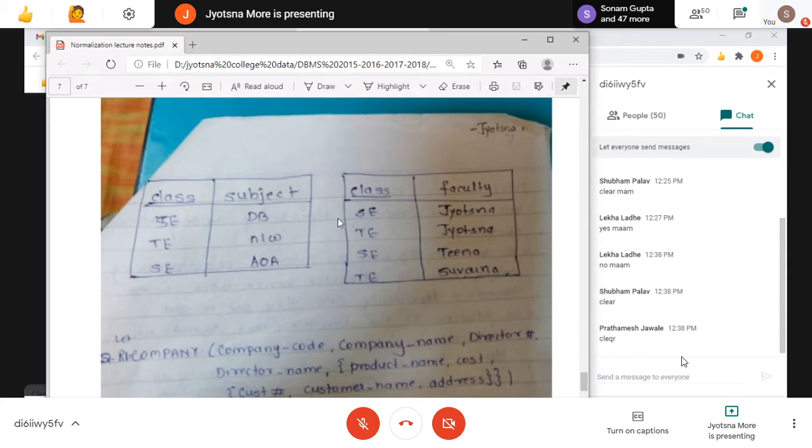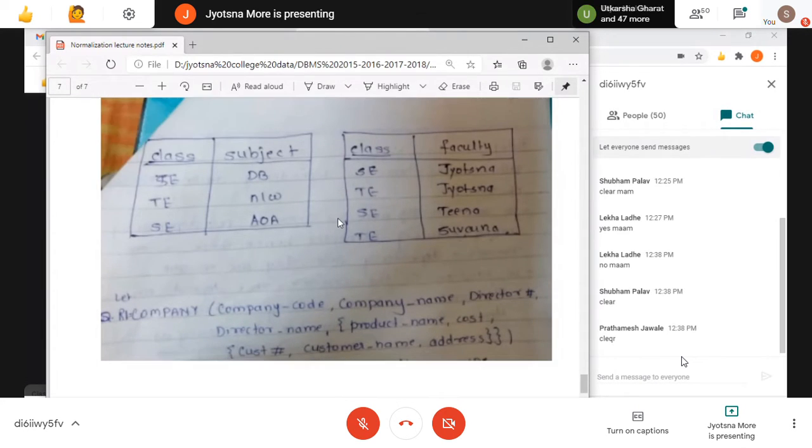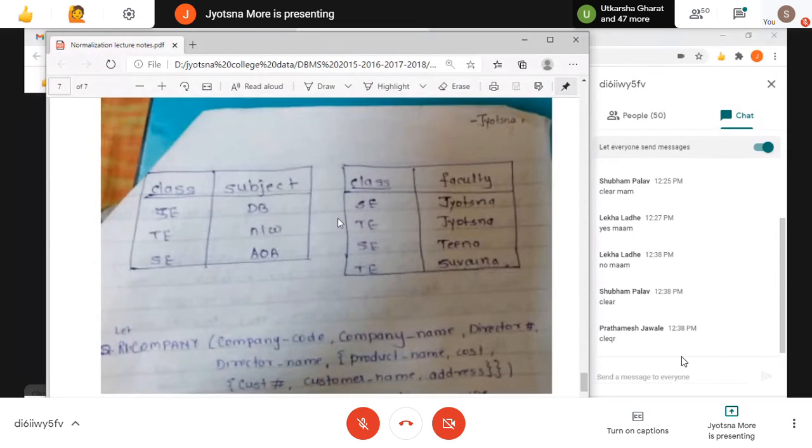In exam, I don't think they will ask you a 4NF because as per syllabus, they have mentioned only up to the BCNF. But still, sometimes it happens that someone who knows the old syllabus is setting your paper, so at least you should know the concept. So you can write something in that place. Okay. So that is about the theory part, which I want to cover for this normalization. Everyone clear with the normalization concept?